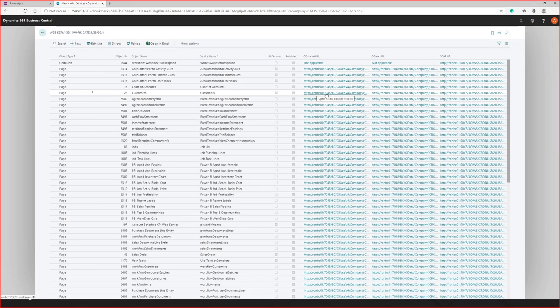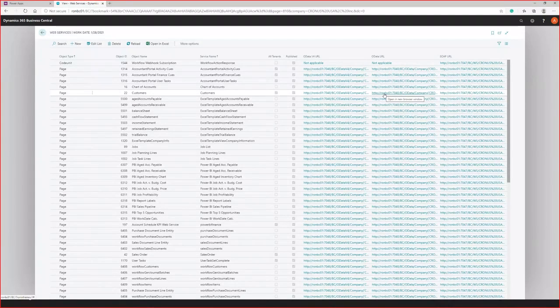When they're hosted on-prem or in a data center, there's a port number that has to go through. The reason that's important is because you have to open that port on the server to the outside world. I've seen a lot of people say, hey, I've set this all up, it works internally, but I can't ever get at it externally. Well, you have to make sure this port is open through a firewall, because you have to allow HTTP traffic through so it can communicate. That's the big thing that has to be opened on the server and the firewalls when you have a hosted or an on-premise solution.